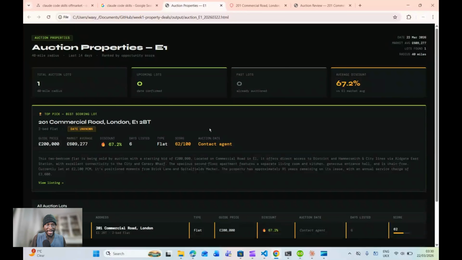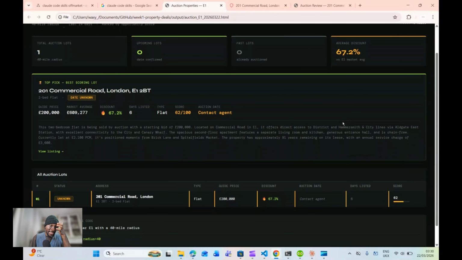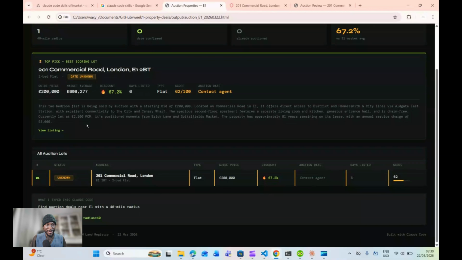It's given us how many auction lots it found within 40 miles. It's also looked at the discount to the market price. So on here, it reckons that the market average would be 609,000, but the guide price for this two-bed flat is 200,000. I mean, that area can be a bit expensive, but I wouldn't have thought that this particular lot would achieve that, but we don't know. But going off of the information that Property Data makes available, things like sale prices, for sale prices, the rental prices, it's considered all of that. And it's saying that there's a discount of